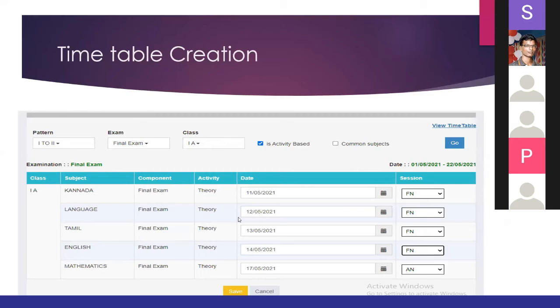Same as language is 12/5. I also mentioned the session, forenoon or afternoon. If you create it here, at the same time it will reflect in the student mobile app as well as the student website portal. Also, you can send the SMS to the parents as well.